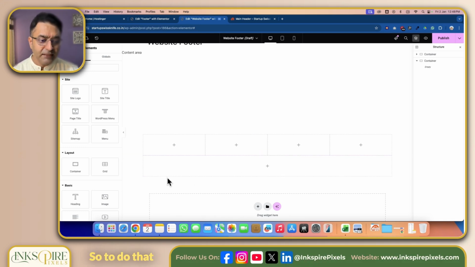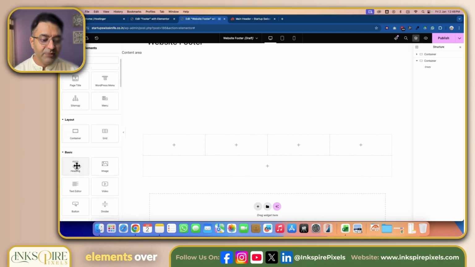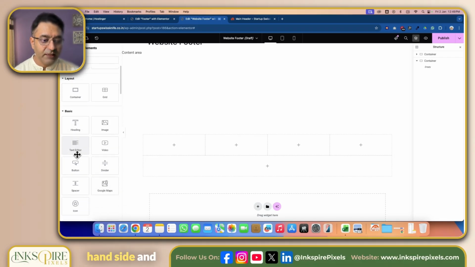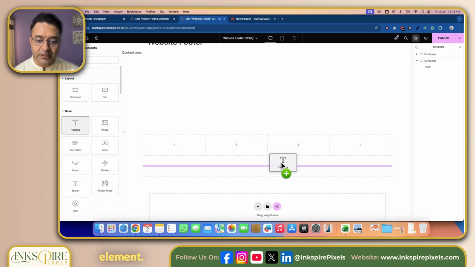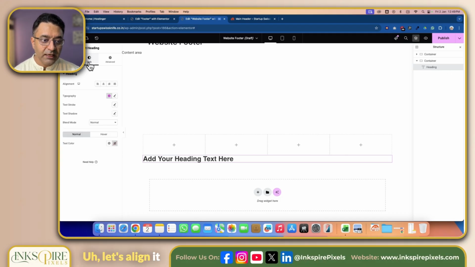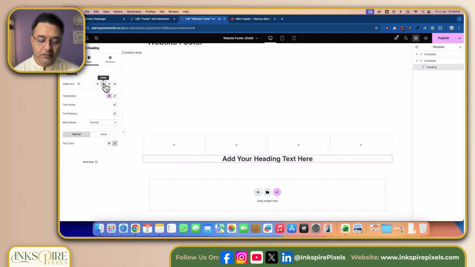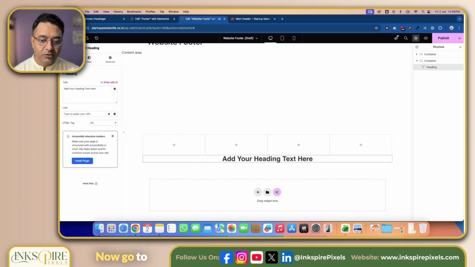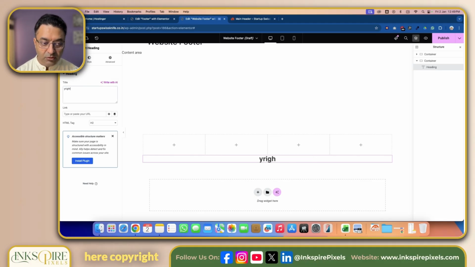So to do that, we will use the Elementor elements over here on the left hand side and use this heading element. So let's drop it here. Let's align it to the middle. Alright. Now go to content, and we can write directly here copyright, the year,